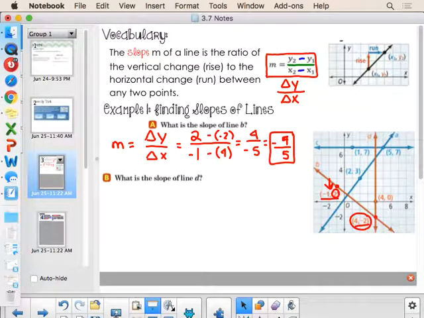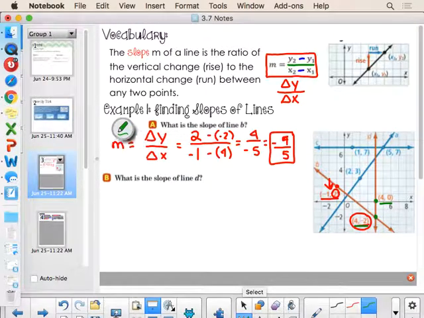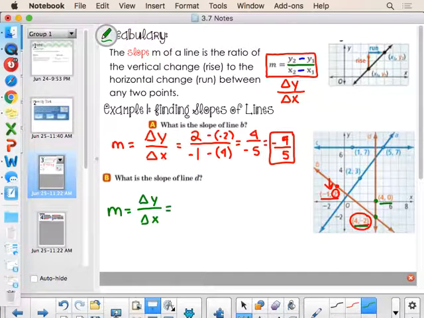Let's take a look at our next one. The next slope we're looking for is the slope of line D. Line D contains the coordinate 4, 0 and the coordinate 4, -2. Once again, to find the slope, we need the change in y divided by the change in x, so delta y over delta x. Let's use the coordinate 4, 0 first. We have a y value of 0, and I'm going to put my x value of 4 in the denominator. We subtract the second coordinate's values, so I'm going to put -2 on top for my y value and 4 on the bottom for my other x value.